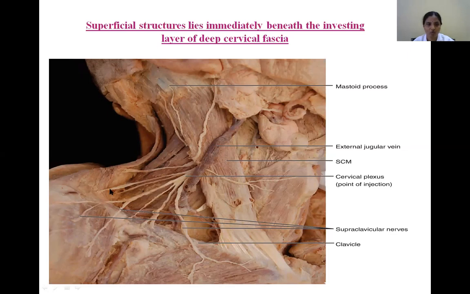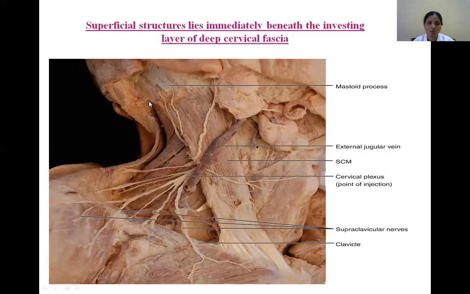Behind the muscle is the posterior triangle. But this posterior triangle is limited posteriorly by the anterior border of the trapezius muscle. Identify here, the pointer is showing the anterior border of the trapezius muscle. So the upper fibers are inserting here. What is this? The posterior border of the lateral 1/3 of the clavicle, where it receives the upper fibers of the trapezius. So this is an insertion.